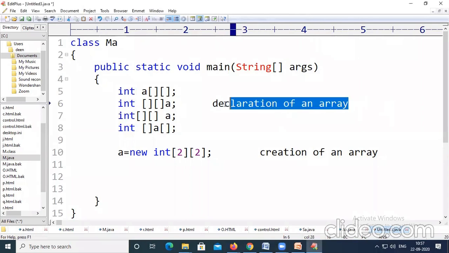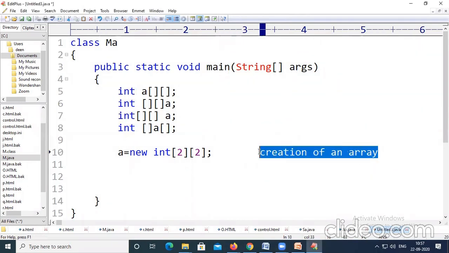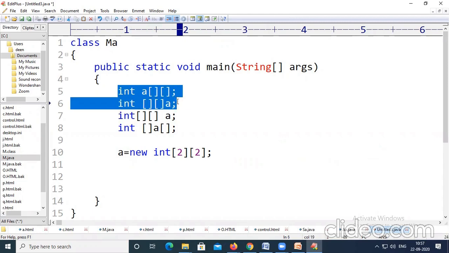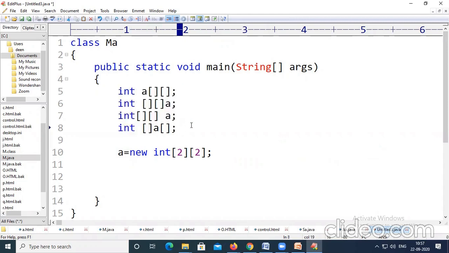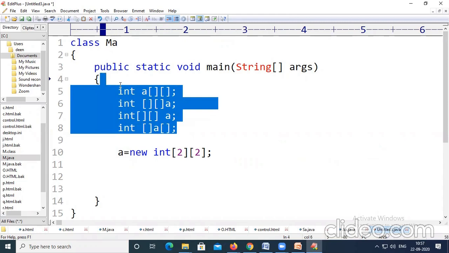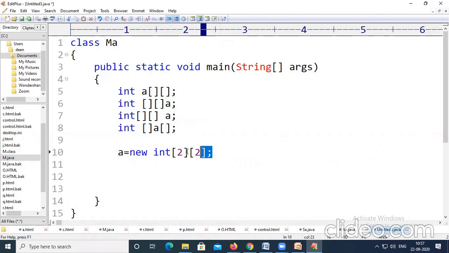Let us move to the PPT slide and see the next point. After that, we can move to this programming window. You can see here, you can declare a multi-dimensional array in any of the following ways. These are the valid ways to declare a multi-dimensional array. And you can create an array in this way. You specify the number of rows and number of columns here. Here I want only 2 rows and 2 columns, that's why I have mentioned 2 by 2. But if you want 5 rows and 5 columns, you can represent it with 5 by 5.